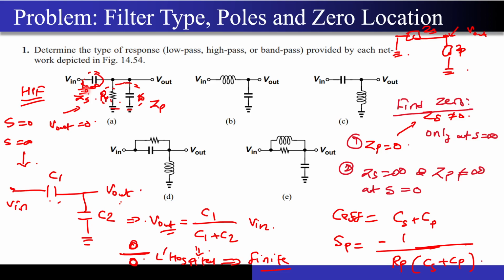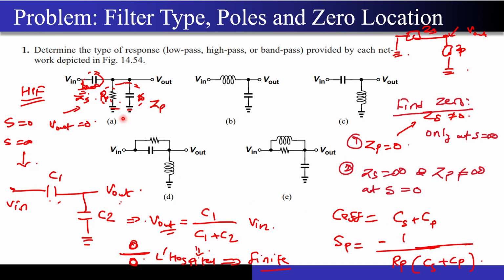Or one more shortcut technique we have understood is that if you have an arrangement like this, then just short your input to the ground and see the net resistance and the net effective capacitance present at this output node. Correct? If you short this V in to the ground, this capacitor and this capacitor will come in parallel with each other. This is what I have denoted as CS and CP, right? And you have a RP. So the pole value is minus 1 upon R effective into C effective. R effective is nothing but your RP. C effective is nothing but your CS plus CP, right? So you got this one pole over here.